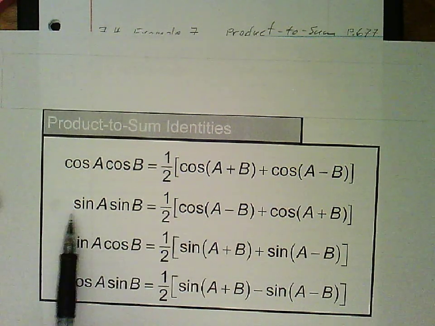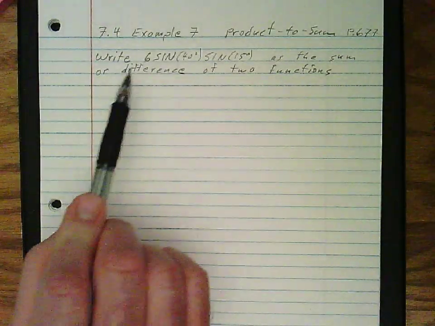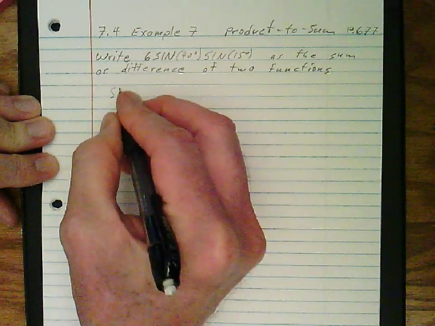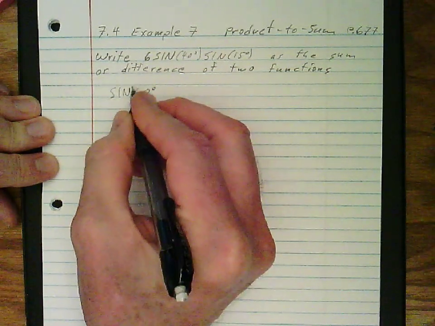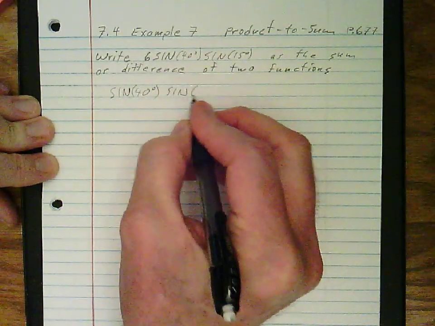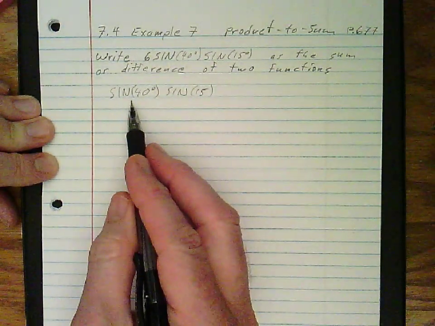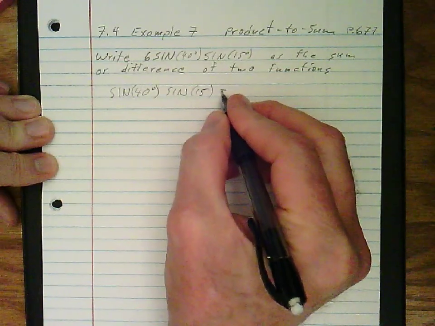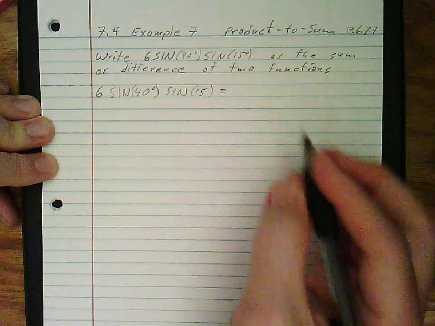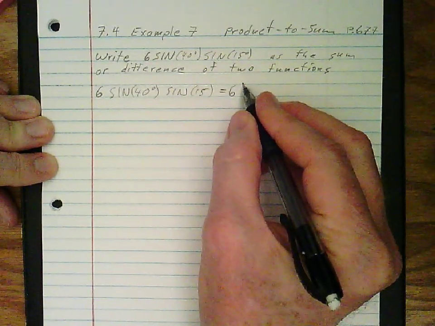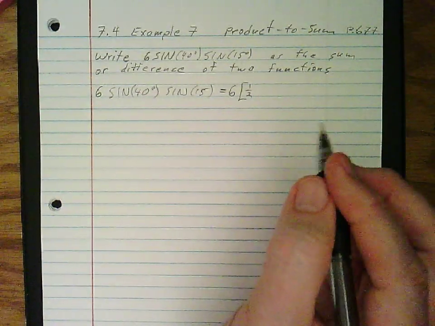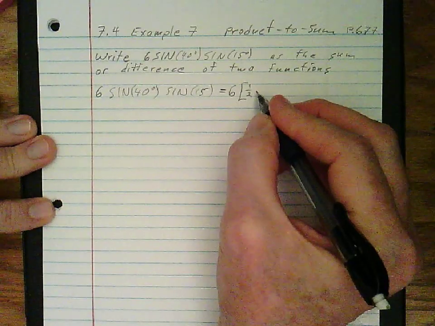So the key thing is that there's one of these equals this. We've got 6 of these sine times sine things. So first off, if we just had one of these, if we just had sine 40 times sine 15, well, that's the same as saying sine A times sine B. So if I add in a 6 times this, I'm going to have to add in a 6 times the rest of the formula, which is 1/2 times